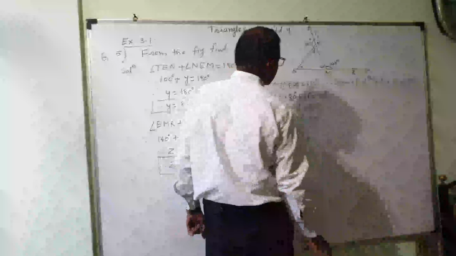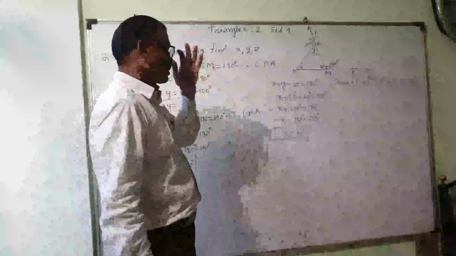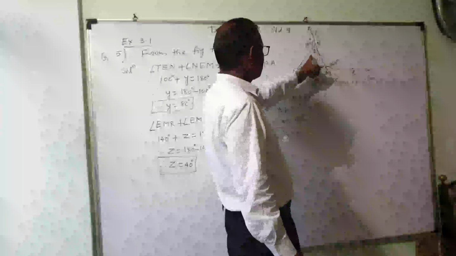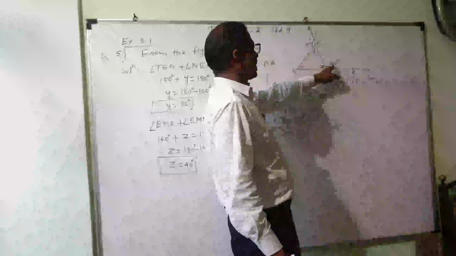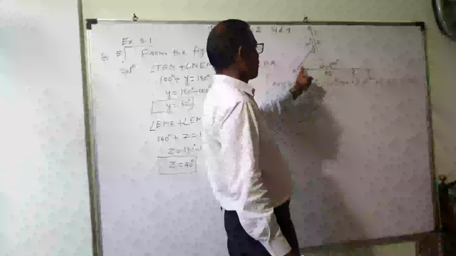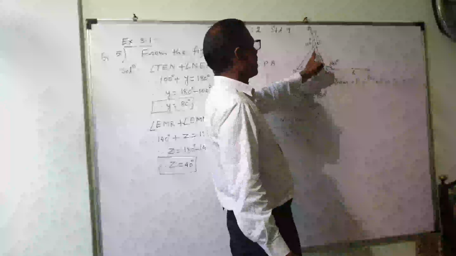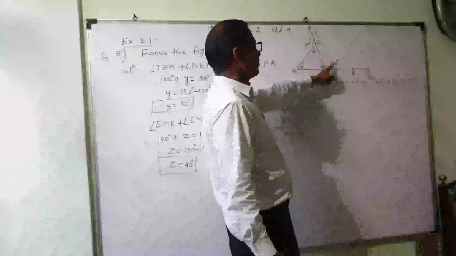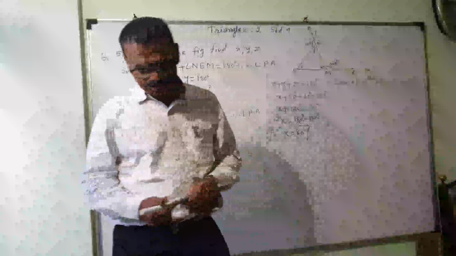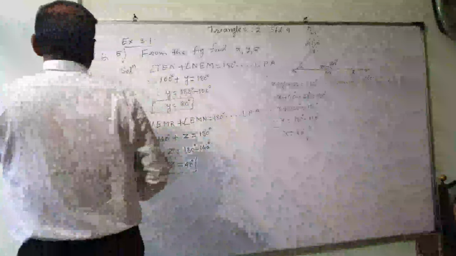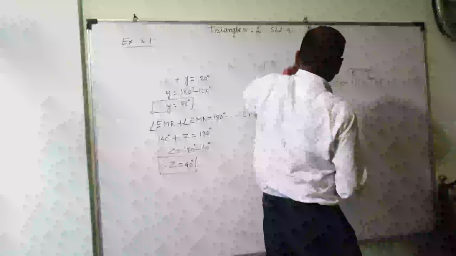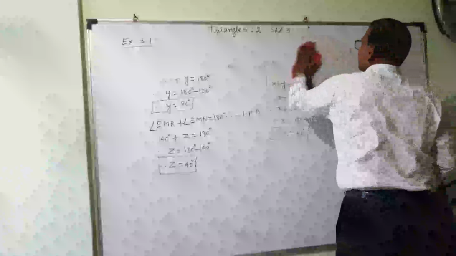So all the answers, finally you will write the answers, or otherwise this y is 80 degree, x plus y is equal to this exterior angle. The theorem is remote interior angles. X plus y is equal to 140 degree, y is 80, x plus 80 is equal to 140 degrees. So x is equal to 140 minus this 80. So hope that you have understood this sum. Now I will go for question number 6. All these questions are very important questions.